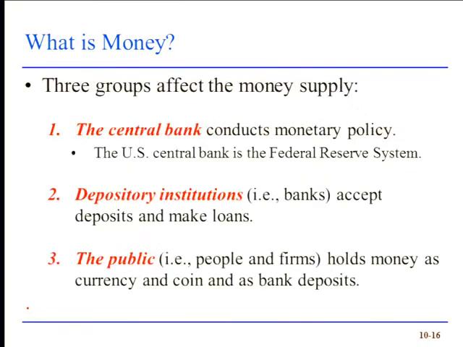We'll also see, again in more detail in a couple of weeks, that there are three economic agents that are really important in determining how much money is actually in circulation in the economy. The central bank, Federal Reserve in the case of the United States, depository institutions, that is banks, institutions that take deposits and, importantly, also make loans. And then also individuals, households, and businesses. Right? So their interactions will determine what the supply of money is in the economy.